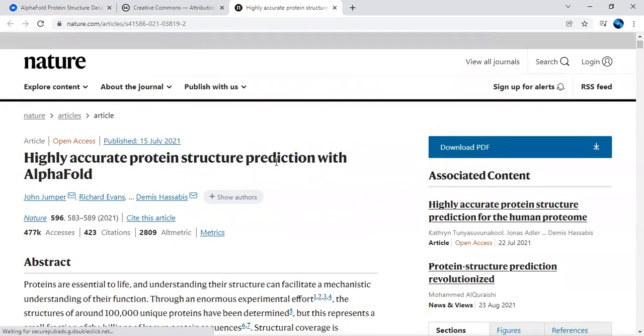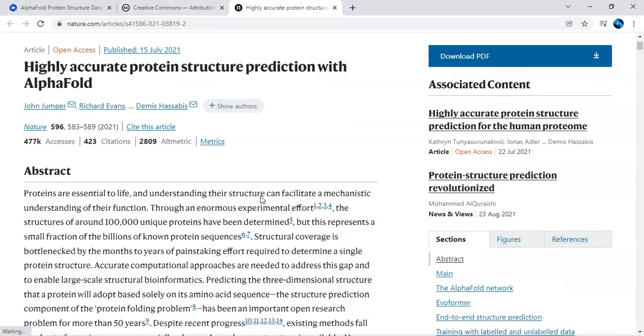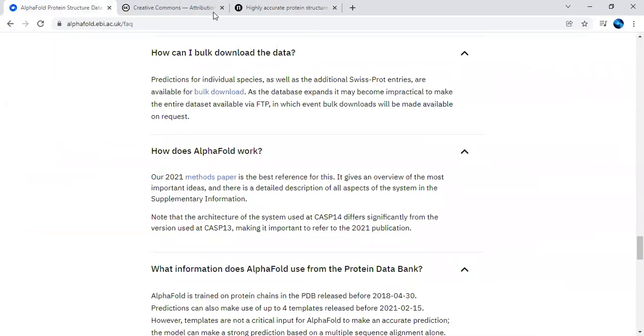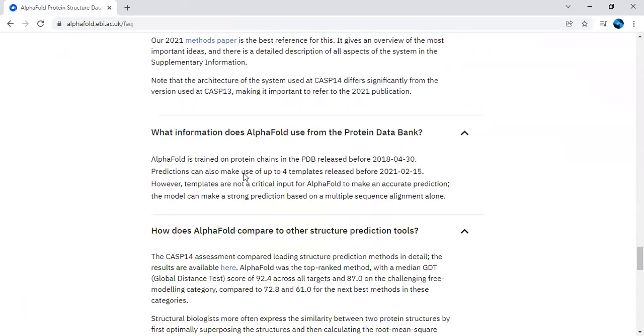It is regarding highly accurate protein structure prediction. And which model they have used, we saw that, LDDT. That is the algorithm they have used, and based on that they are predicting the 3D structure. So what information does AlphaFold use from the PDB? And how does AlphaFold compare with other structure prediction tools?